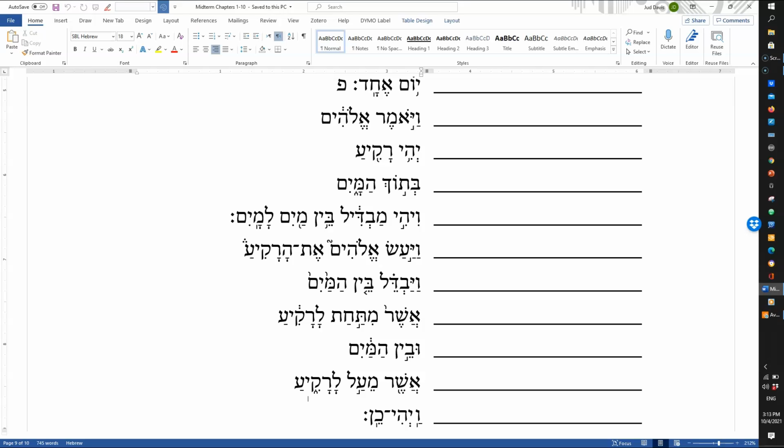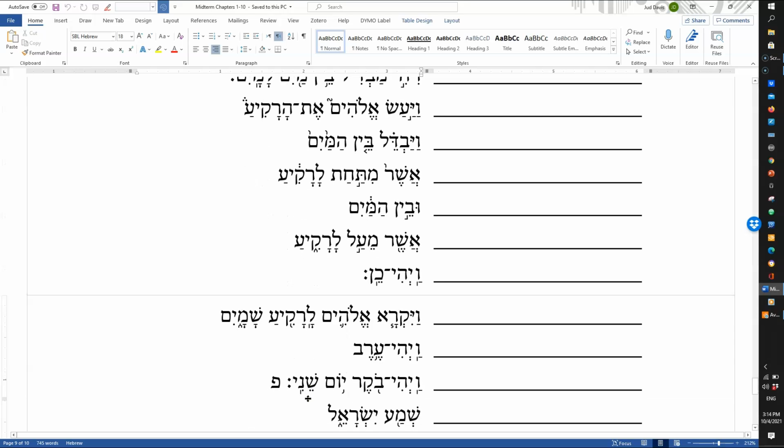And then the grammar is a little unclear to a lot of people here. It could say, and he caused a separation between the waters. Or it could be the rakia caused the separation. It can be either one of those grammatically. I'm torn. God separates between the light and the darkness, so you could go that way, but since the rakia is a separating thing, I think that probably makes the rakia a subject of this. Let it cause a separation